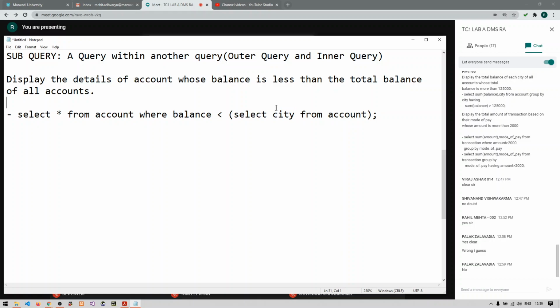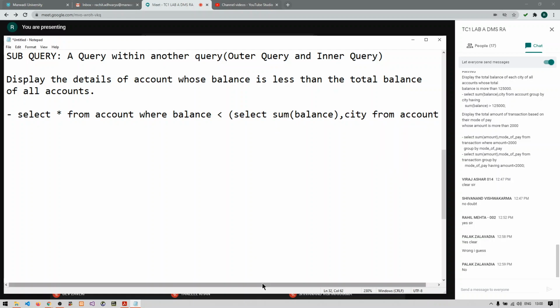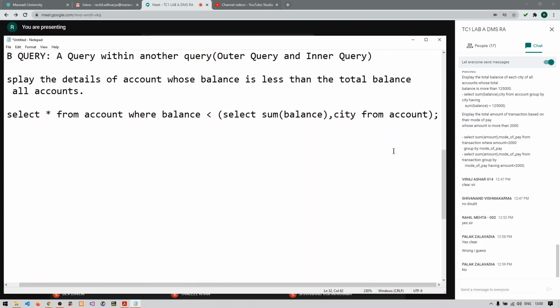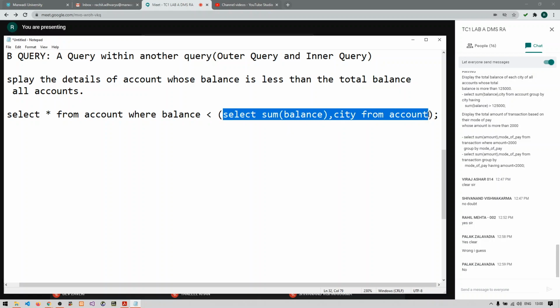Even if I write like this, let's say select sum of balance comma city from account, what will be the output? It will give the city column as well as the sum of balance. Again, this won't work because you should give only one single output from the inner query.